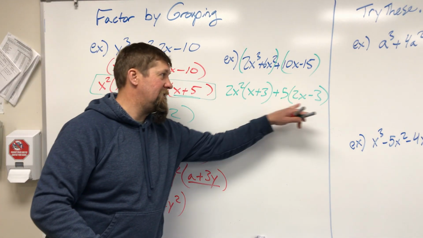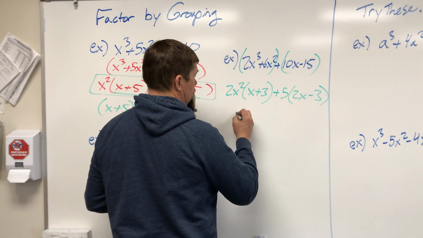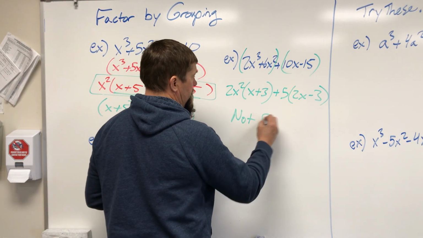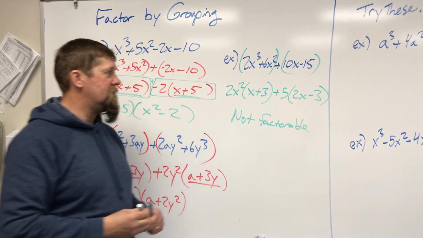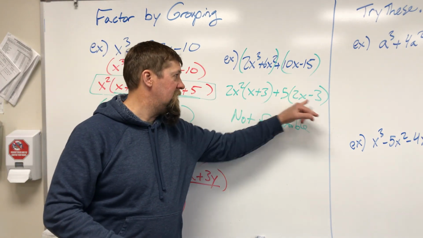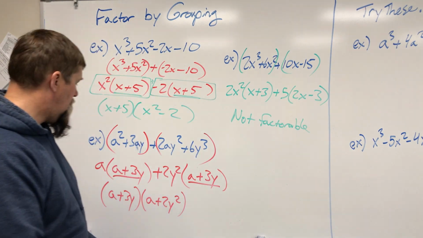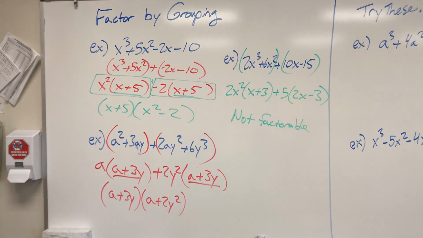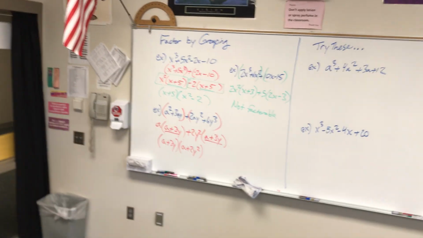You notice they're not the same, nor will they be the same. This is not factorable because the insides are not the same, nor will they be the same. Okay? So always keep that in mind. It might not be factorable. You hate to see that too often, but